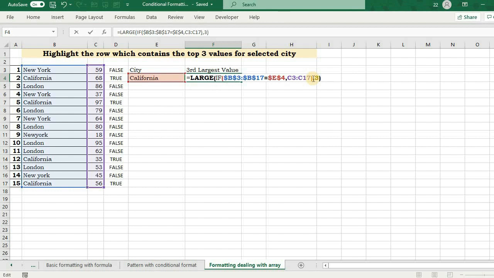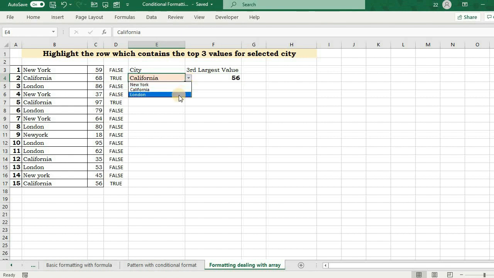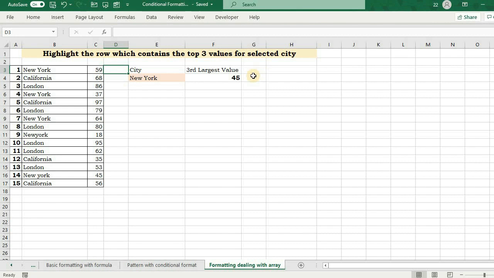Had it not been MS365, I would have required Control Shift Enter here, but I am using MS365, so I can easily press Enter, and this is returning me 56. If I change this to New York, then it will accordingly return the third largest value. My task is to check all those values which are either 45 or above 45. That will give me two values, the first largest and the second largest. So the first test is going to be this one, obviously. If this is equal to this city, right,